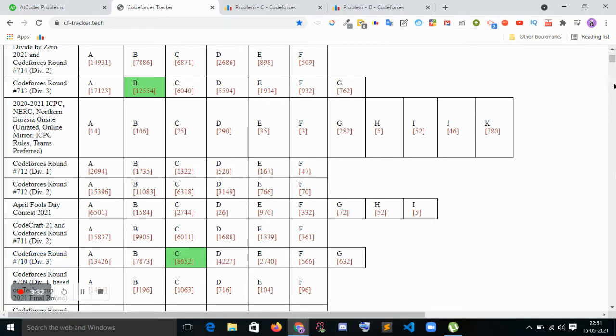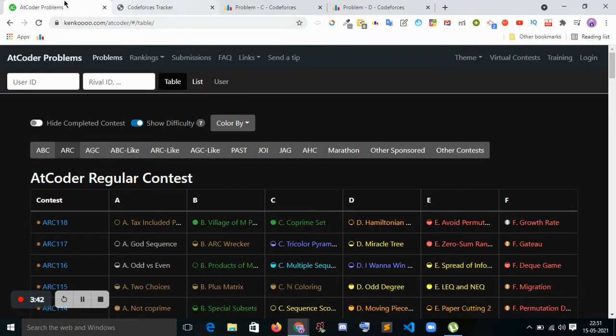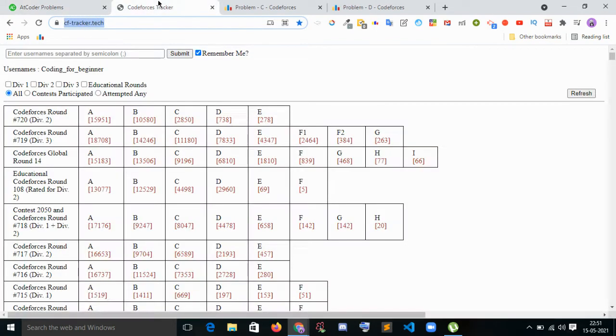So it becomes very easy to organize using this CF Tracker. It is very useful if you use it like this. It is very similar to AtCoder. If you track your problems in each contest, it's very easy to solve whatever problems you have left in a contest, or maybe forgot after the contest.